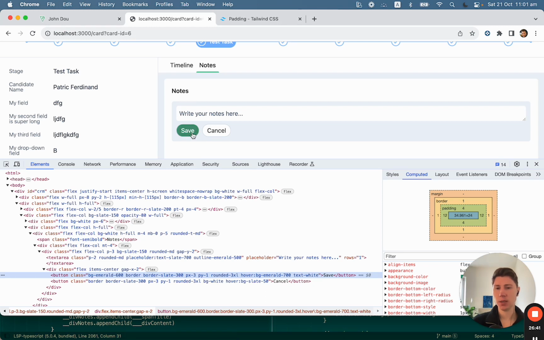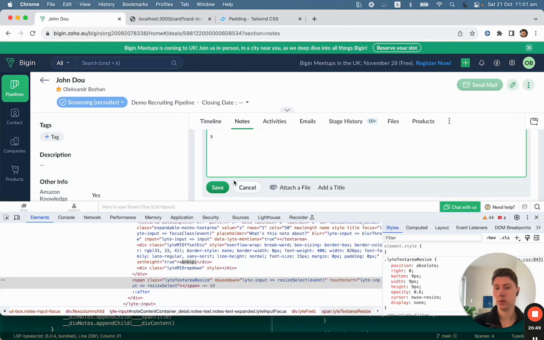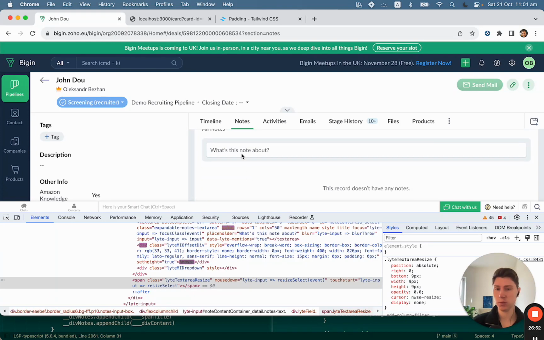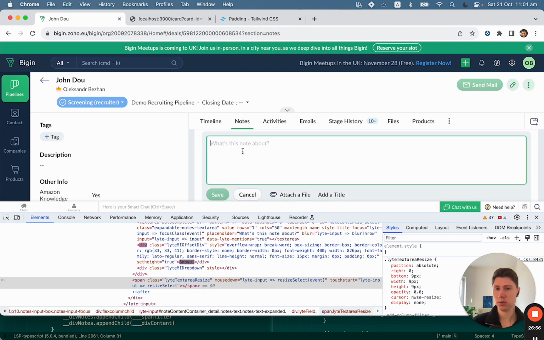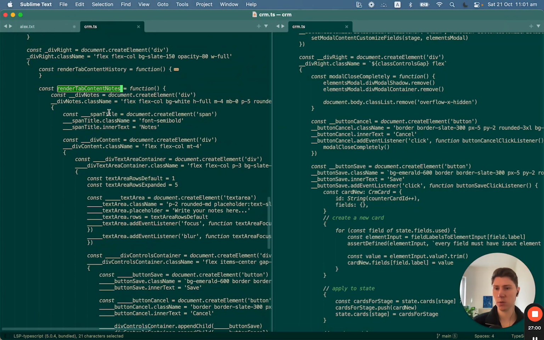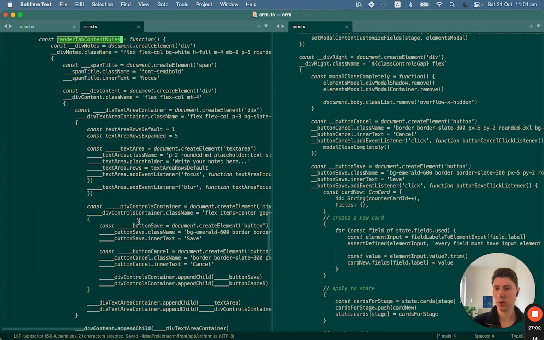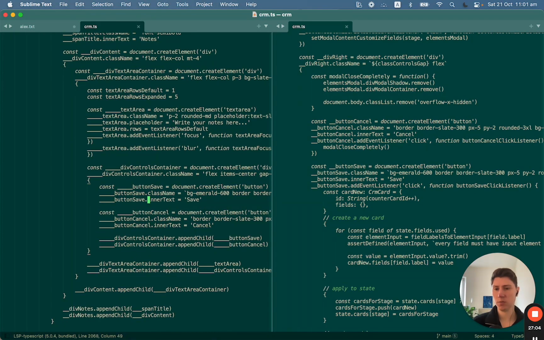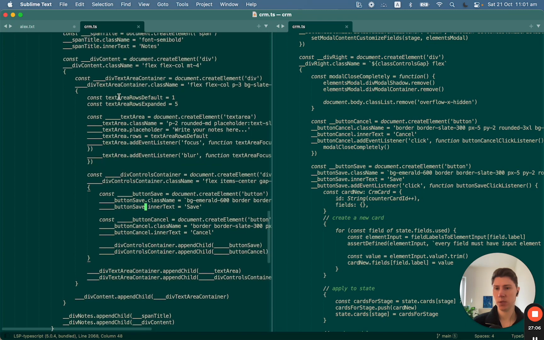Do we want to hide them and show, or do we not even want to render them? Ideally, we don't even want to render them, but it doesn't matter actually as much. Because we don't render the whole tab if it's not shown, so we can actually render them all the time,